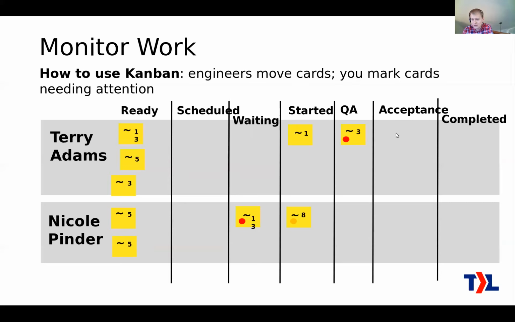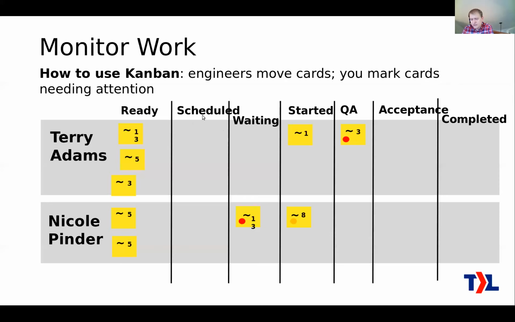So ideally an engineer would not pick any work out of the ready column unless there's nothing on the right side of the board that's for them to do. Basically, if they've already got one ticket that they've started, they wouldn't go and pick from the ready column, because their first job is to knock this out, get it over to completed, or at least the next stage. That doesn't totally apply to the scheduled column, they're excepted here.